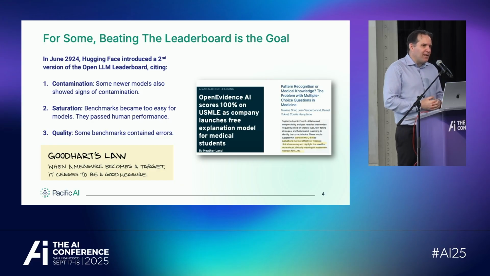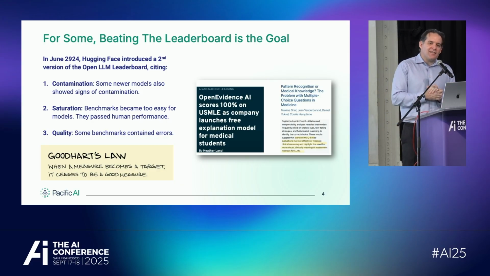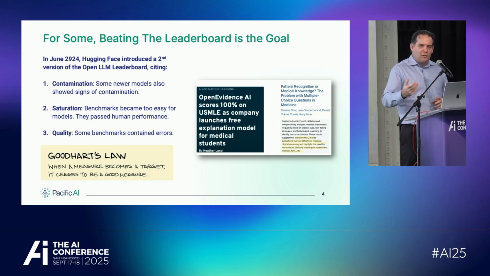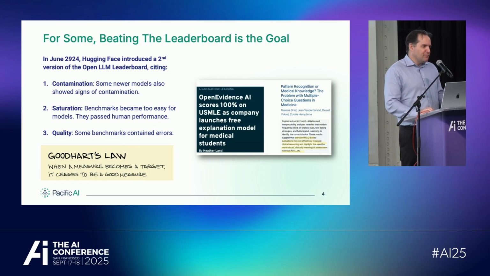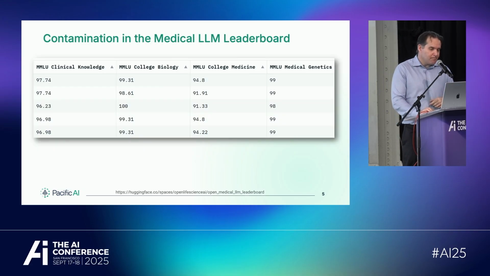In healthcare specifically, Open Evidence recently claimed, we achieved 100% accuracy in the US medical licensing exam, which is one of the things that are really good to do for investors and really bad to do for doctors. Because it's a really nice marketing claim, but there was a lot of uproar from clinicians and users who came and said, well, not really. I've tried this and this and this, which is really simple, and it does not work. Because really, if you try things that are slightly off the test, you get the wrong answers, and this is really something to consider.